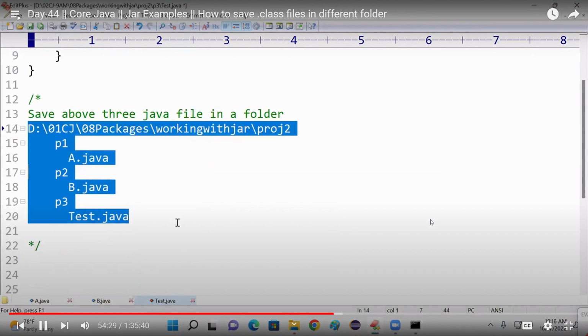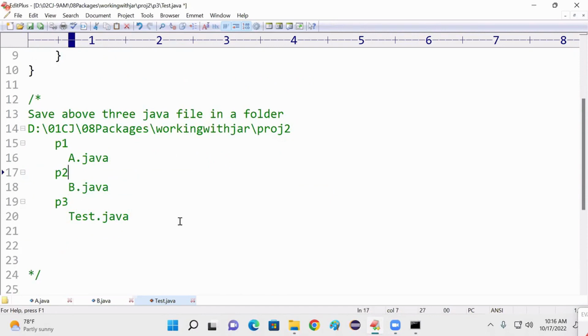Did you understand this one? Can you compile it now? How to compile now? Tell me. javac. Do I need to set any class path? No. Why? Because all the classes are available in the current folder only. javac, come on, what should I write? Is -d required or not required? Not required. Then